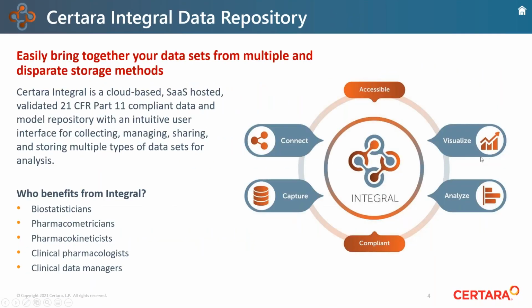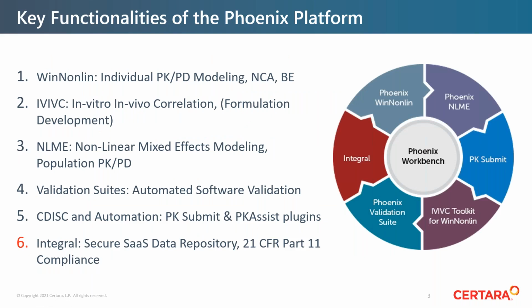So what do I want to cover today? Phoenix, as you may know, is more than just NCA. It is a platform for not just non-compartmental analysis, but also for compartmental analysis, whether that's individual or population analysis. It has other tools like bioequivalence. I'm sure some of you are using those. And we've done many presentations already about templating, using bioequivalence, relative scaled average bioequivalence, and those webinars are all available either through Certara University or YouTube. And similarly, we've got other material on IVIVC for formulation development,